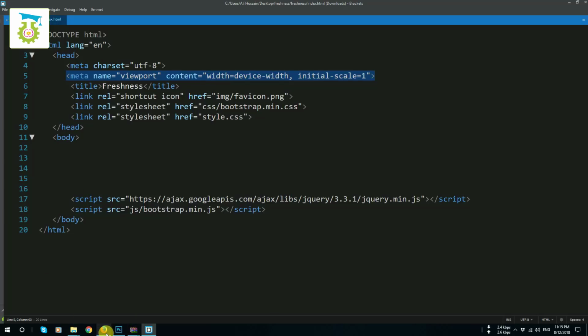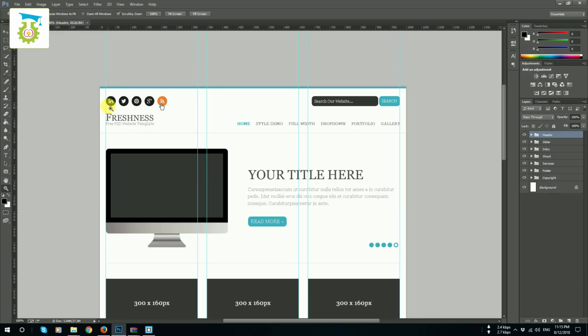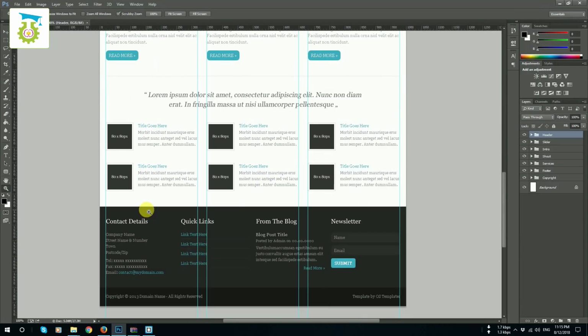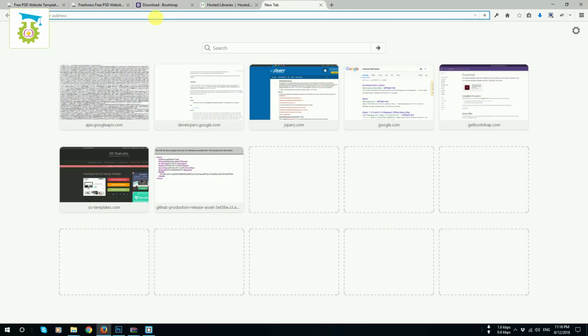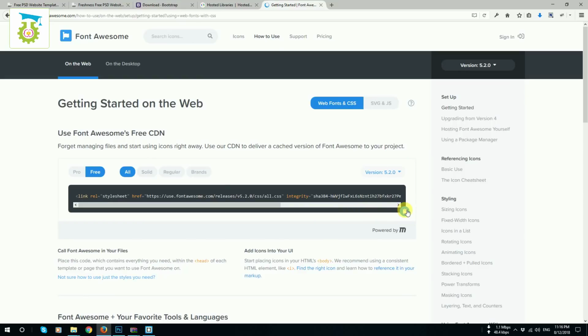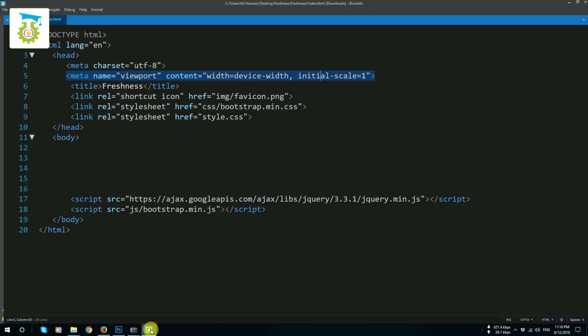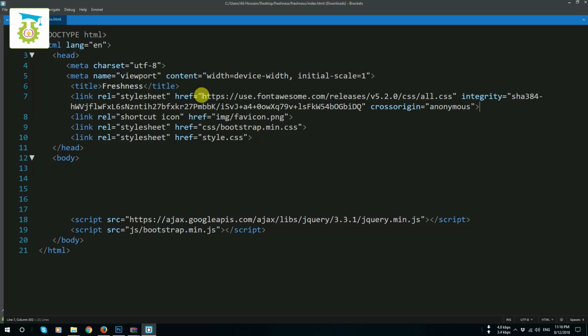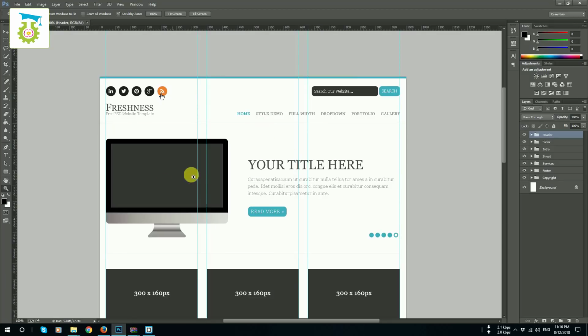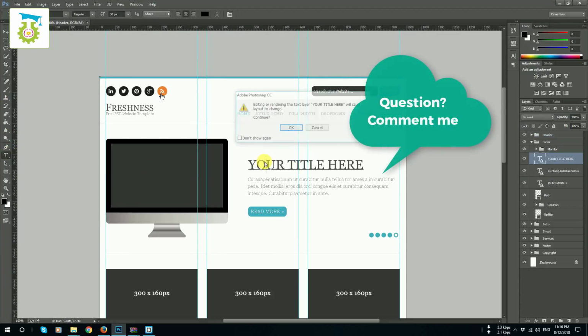Okay, as you can see in our PSD file we have some icons, so I need to use Font Awesome here also. So for implementing Font Awesome I am going to Font Awesome icons, and then I will go to how to use, and then I will click here, so it will be copied, and then I am going to use the free version, and then I am going to paste this Font Awesome here in the head section. Okay, and also this website has a font, and they must have used the Georgia font here,